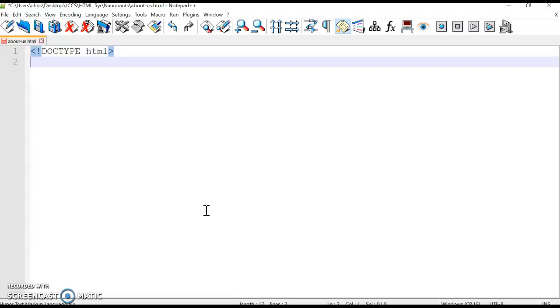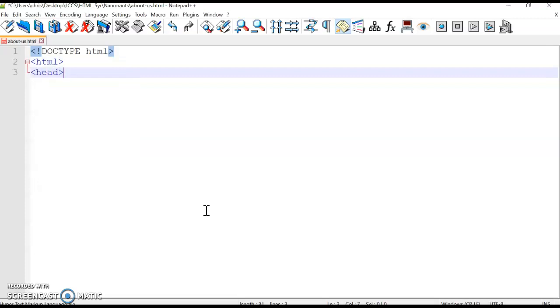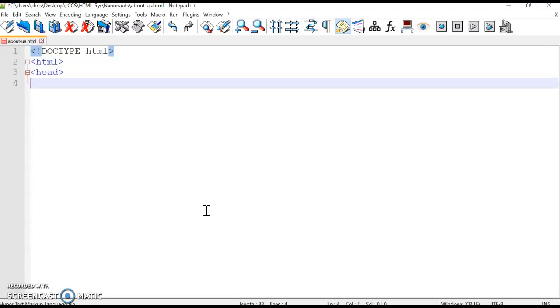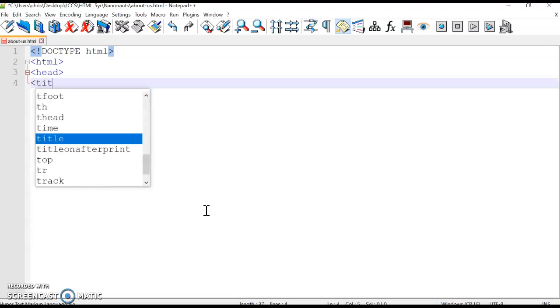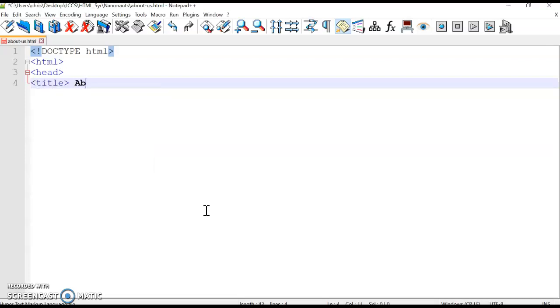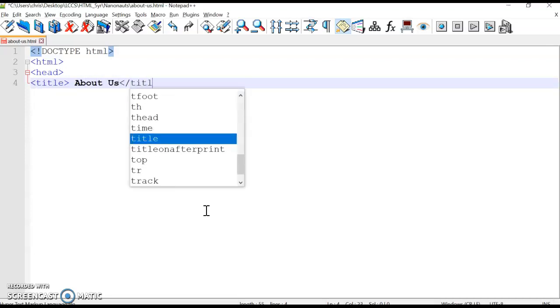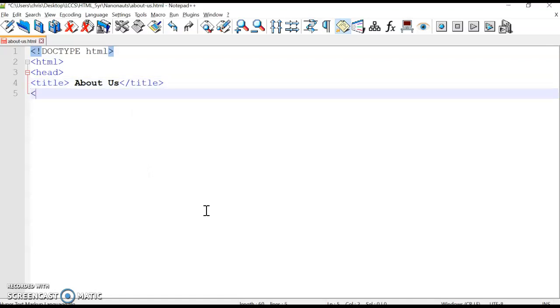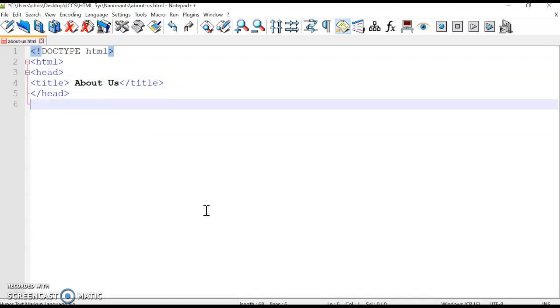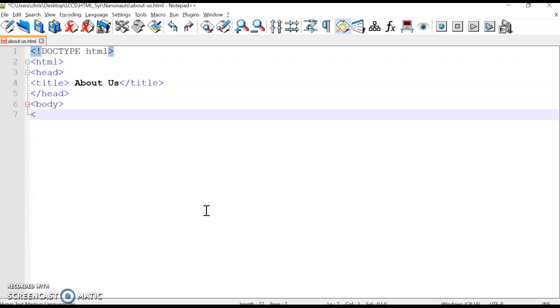Follow on with the HTML tag, then the head tag, then I'm going to put in the title, which in this case is About Us. And close the title tag and close the head tag. Then we start with the body tag, and in the body I'm going to put the heading, which is also About Us. Close the heading tag,